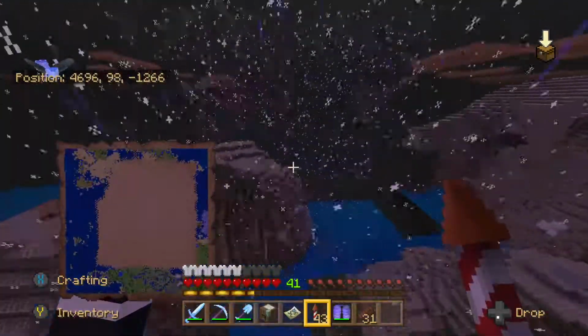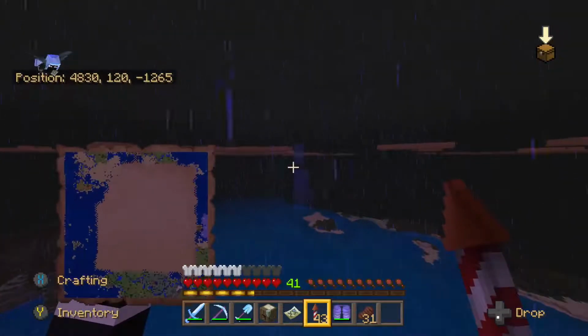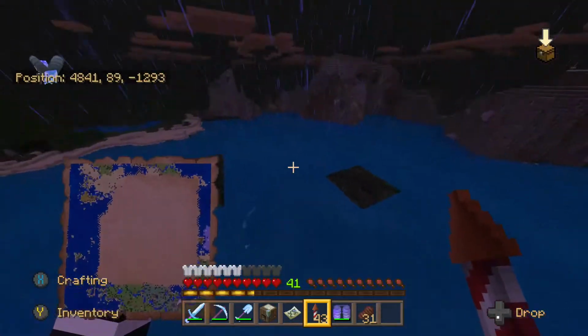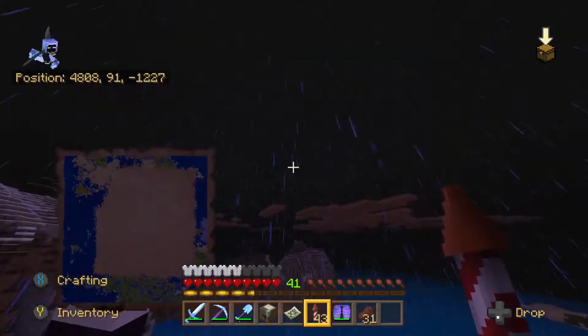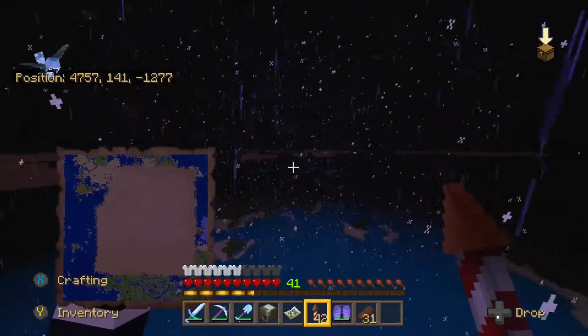Now, whenever you spawn in the world, you're always going to have one regular map, and this is a 3x4 map, so it's a pretty big map, but it's not as big as it can be. If you get a cartographer table, you can actually build a 4x4 map, which is huge. And basically you can fill these maps out entirely, and it takes a while to do, but once they're entirely filled, you're going to have a giant section of your world totally filled out, and you can see exactly where